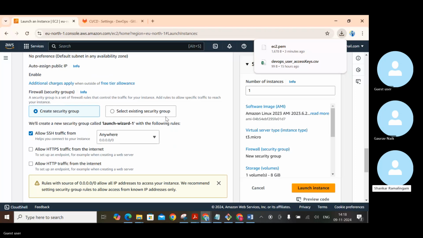Coming to the security group, it is similar to the security gate in your apartment, where you check all the incoming traffic and allow people from maybe Swiggy, Zomato, or other delivery boys. You properly check whether this person is allowed to a particular house or not, and then you allow them to go inside. So this security group is very much similar to the IP tables or the